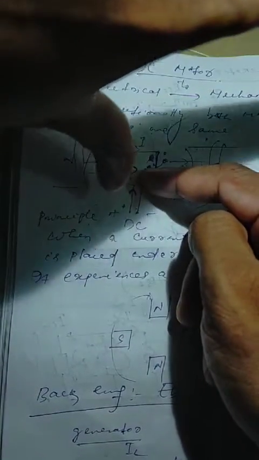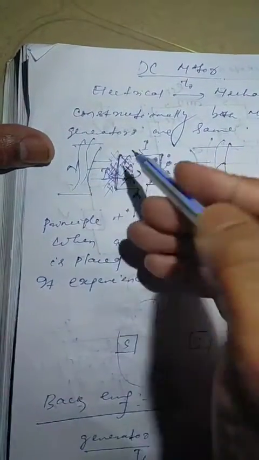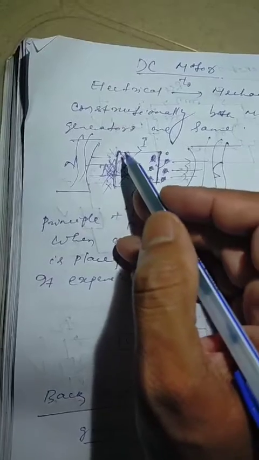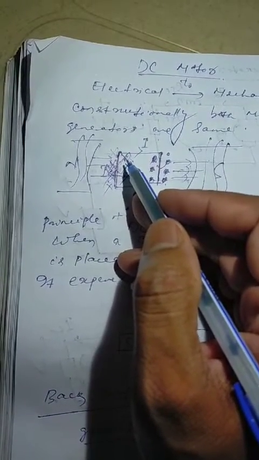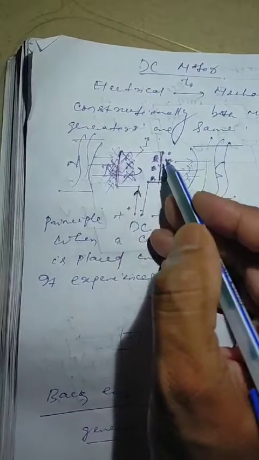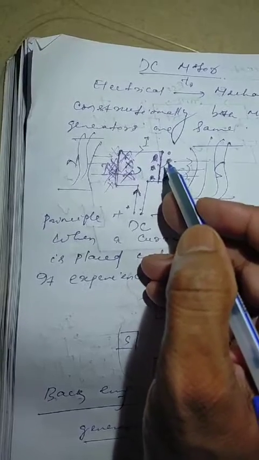If you go for this one, it is just opposite. It will be like this. This is the direction of electric current, this is the direction of magnetic field, and this is the direction of your force. So once it is inside the plane of paper, it is denoted by a cross mark. So under north pole you have the cross mark, meaning the motion of the conductor is towards the plane of paper, and under south pole the motion of the conductor will be away from the plane of paper.